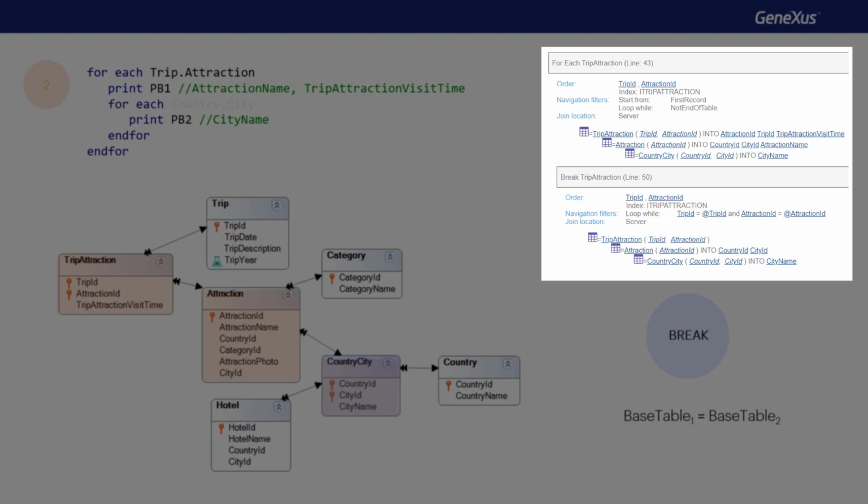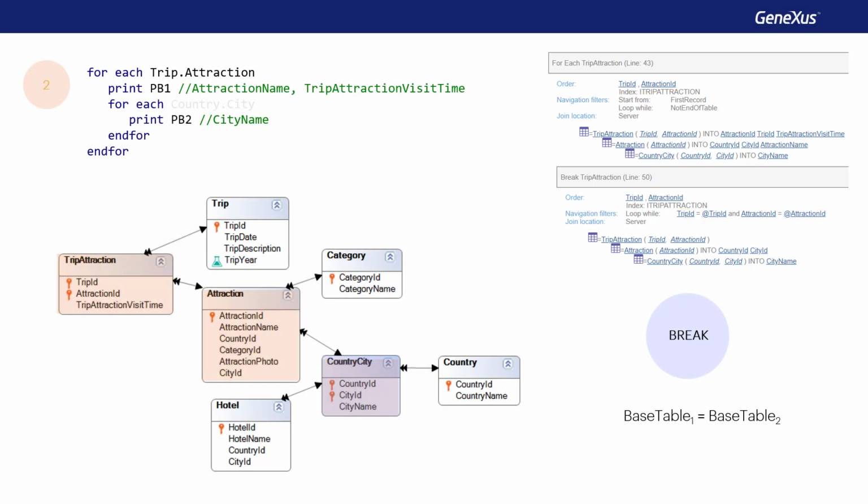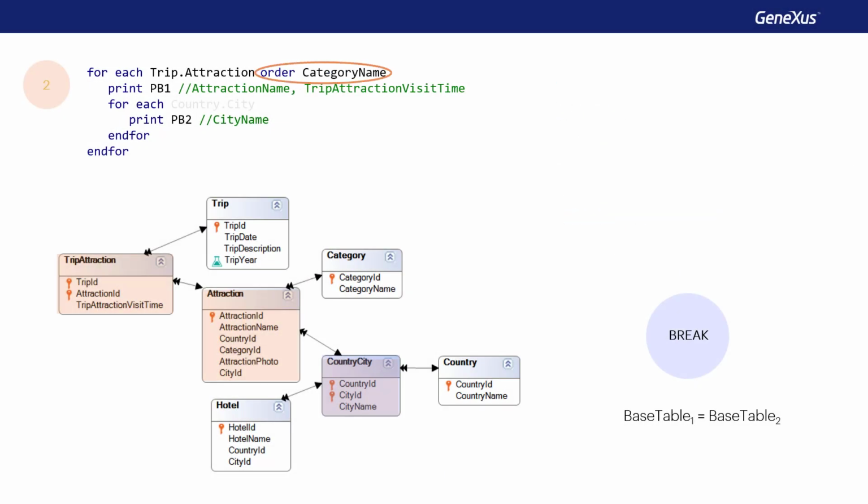However, this will not make any sense either, because it'll be a control break by the primary key. That is, it'll work in the nested for each with the same record of the main for each every time. It would still be necessary to specify an order clause to break by some attribute or set of attributes whose values can be repeated. For example, category name. And so we have the same example of control break that we saw before.